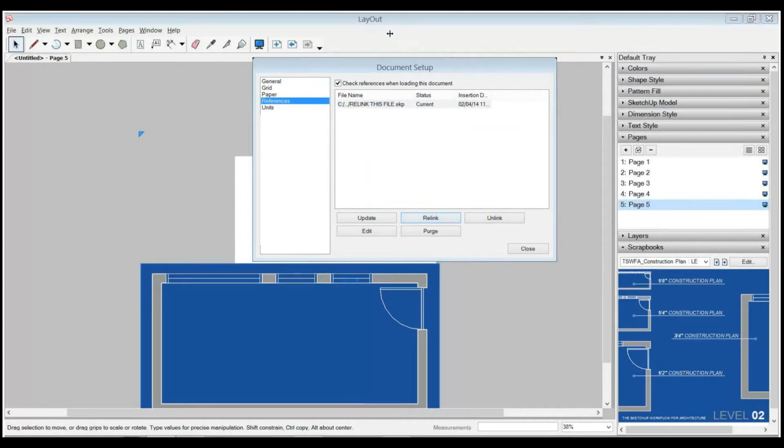And so, the big thing that's happening is that by relinking the placeholder file in our scrapbook, we're able to just drop in all of our scenes. Now, the biggest concern here is that